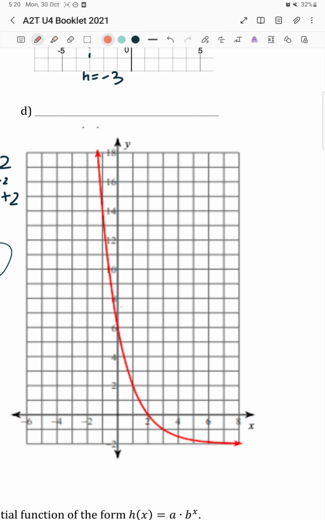Let's take 2 points over here. It's going to be 0, 6, and another point is